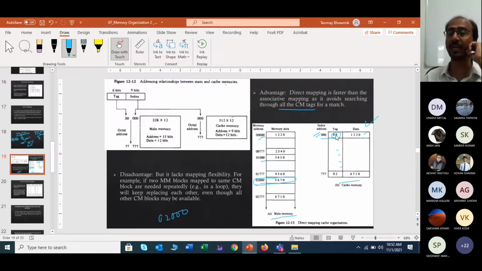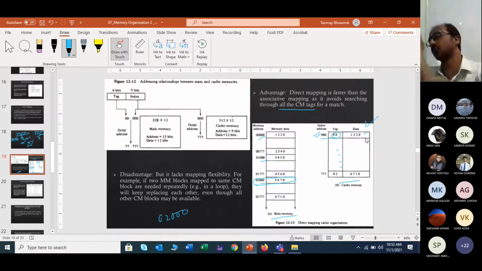So you have to replace the tag 00 with 02 and only then can you insert this data 5670 here.